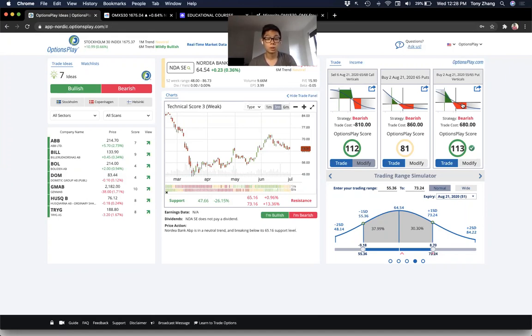Wolfgang is asking, what would be a good size of account to start trading options as a beginner? So as you notice, most of the trades that we looked at today, your minimum risk